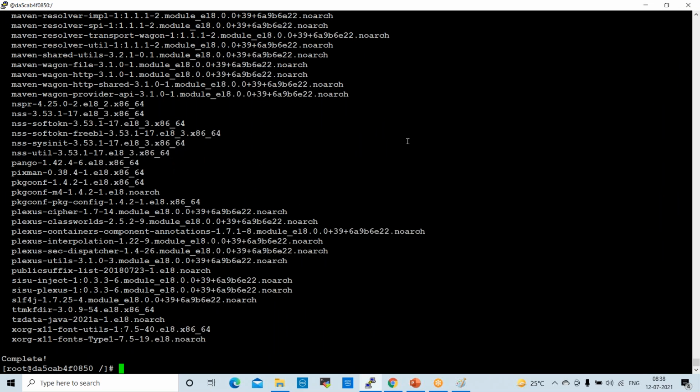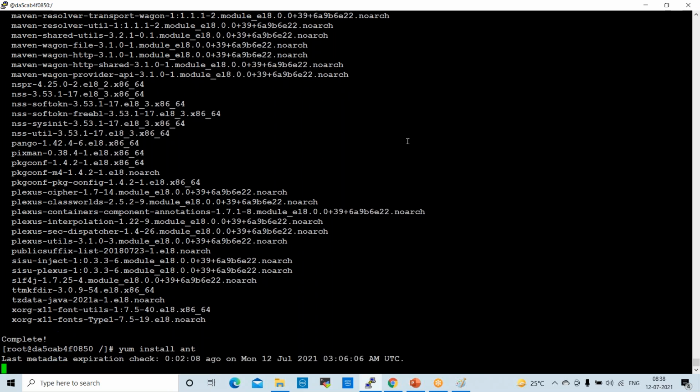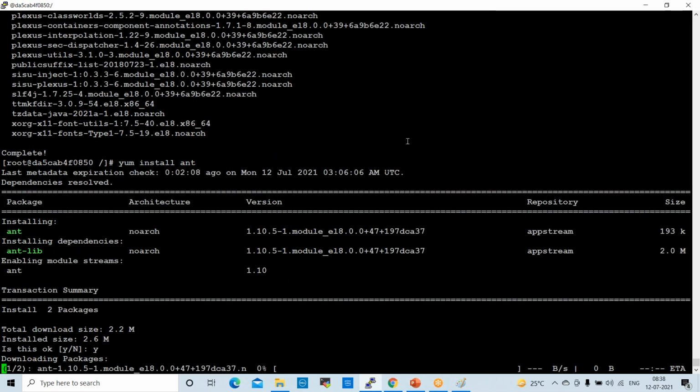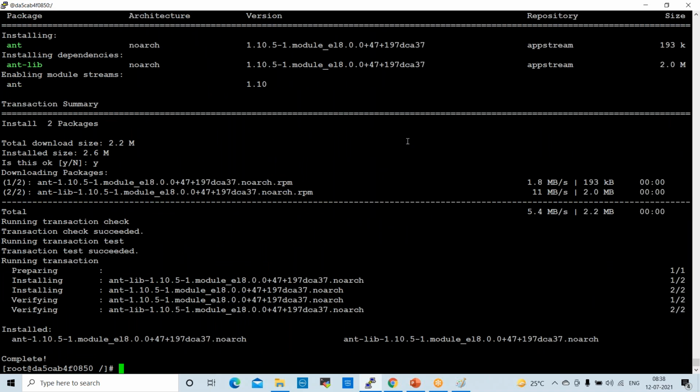Maven installed. Next, I want to install Ant also: yum install ant. So I have installed Git, Maven, and Ant packages.